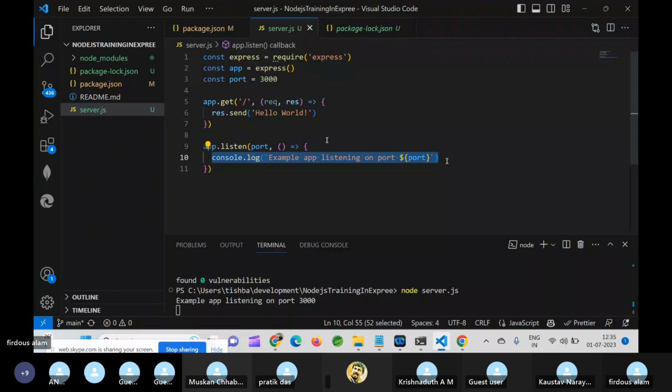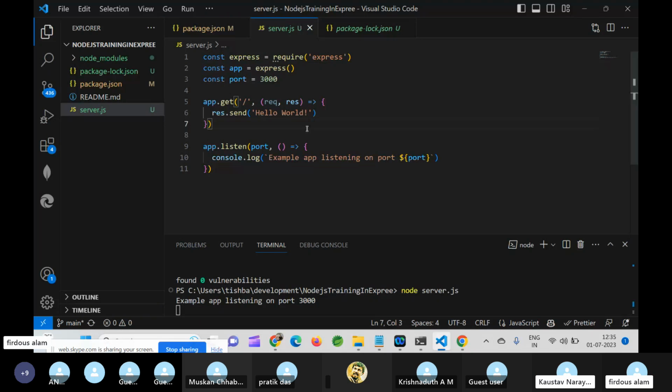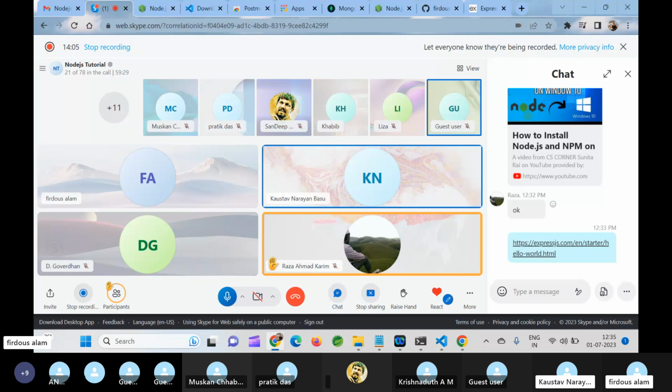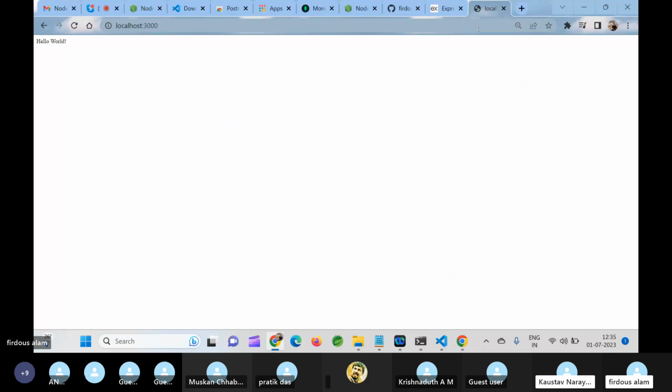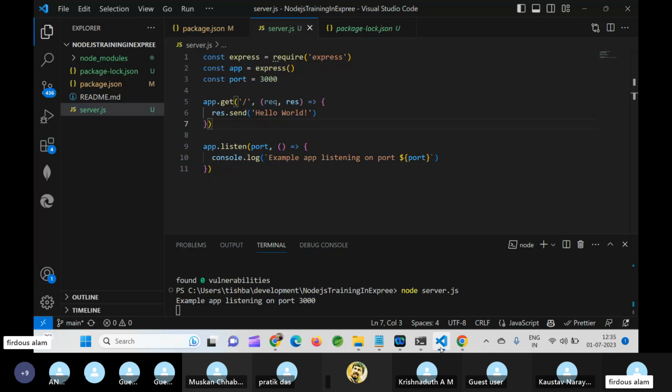It means our code is listening and it's running fine. And if we go here and type localhost colon 3000, bingo, we are able to run Hello World through Node.js. Let me explain everything one by one, how we have done that.